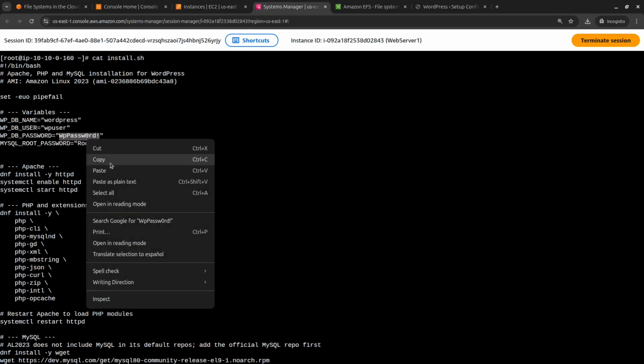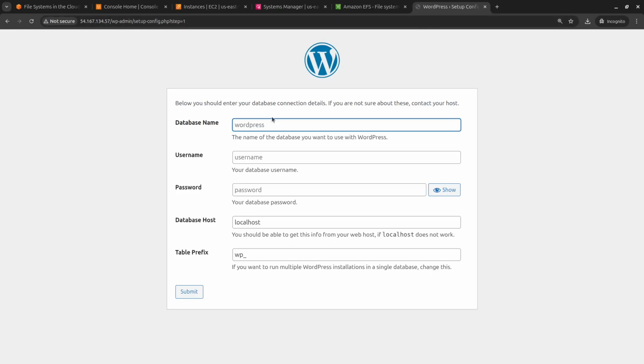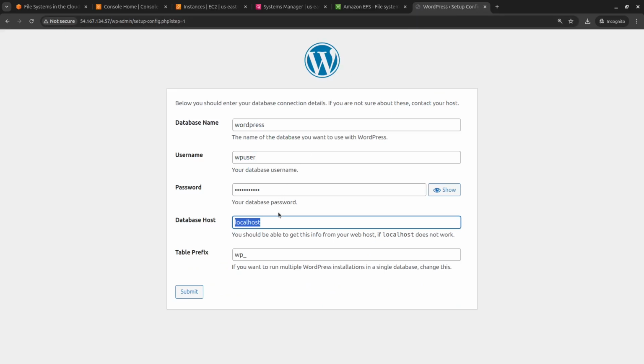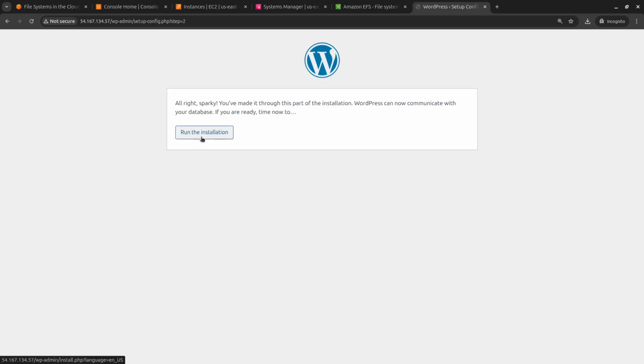And copy the password. The database is WordPress. The user, WP user, password. And the database host, and this is important, you have to put the private IP address of your EC2 instance. Copy and paste it. Click on Submit, run the installation,